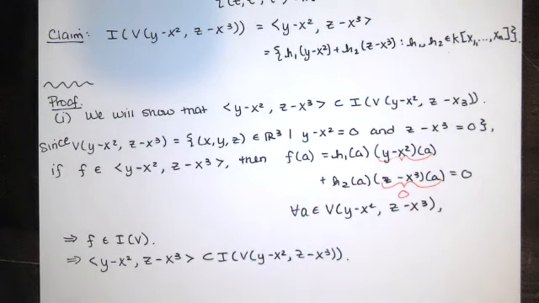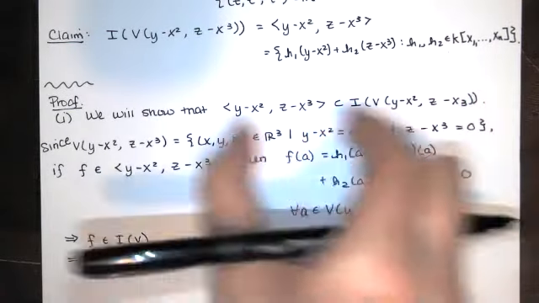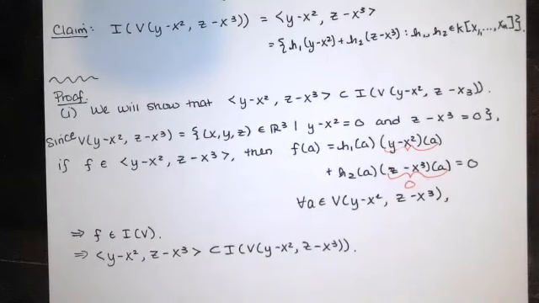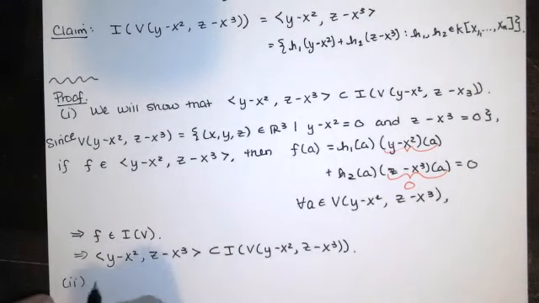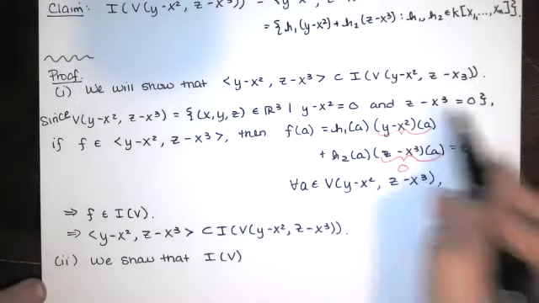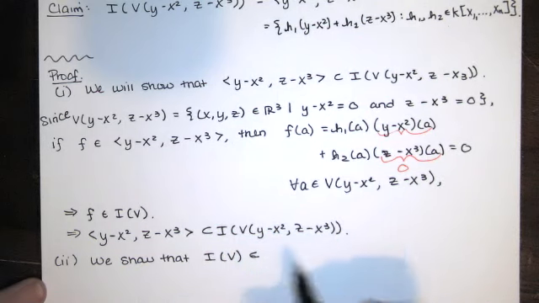And the second part, where you're showing that all of the elements in this set belong to this set, is a little bit harder. It's actually not too bad, but in order to do that, we're going to have to take sort of a detour. And I'm just going to call that I of V, but remember we're talking about the variety given by that twisted cubic. In order to show that I of V is a subset of this set,